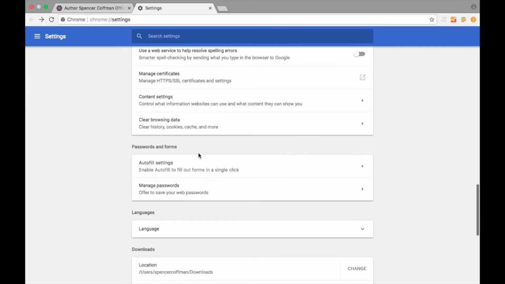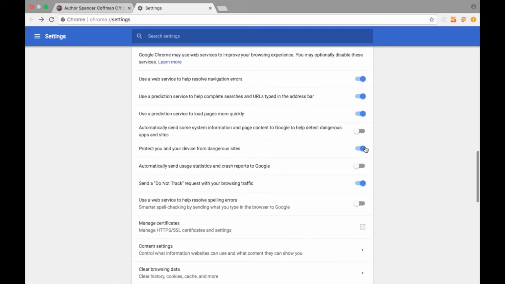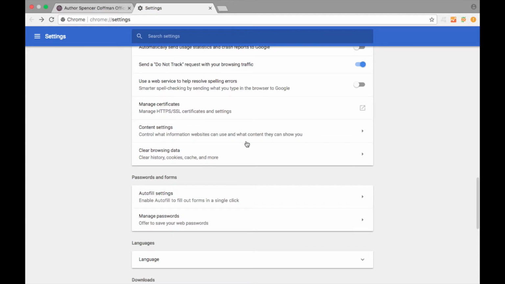Unfortunately, with Google Chrome, there isn't a way for you to do it automatically anytime you close the browser. So this is something you will have to do on your own. Go through and clear that stuff as often as you can. But mainly setting up these settings as well is going to help a lot for the anonymity of the browsing.